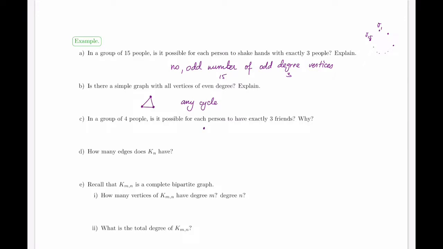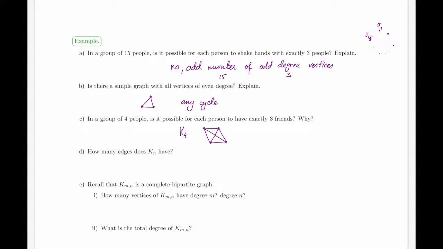Which means that if I can come up with an example, it will work for each one of them. So here, if I have 4 vertices and each of them has degree 3, I can see fairly quickly that if I just draw myself a complete graph on 4 vertices, it will satisfy these properties exactly.